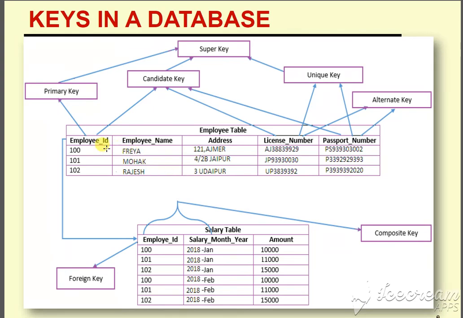In a table there can be many columns which have the special ability to become a primary key. Like here, besides employee ID, you can take license number as a primary key, because license number cannot be duplicated. You can take the passport number as a primary key. Passport also cannot be duplicated. So passport number, license number, and employee number cannot be duplicated. Now why are you taking the